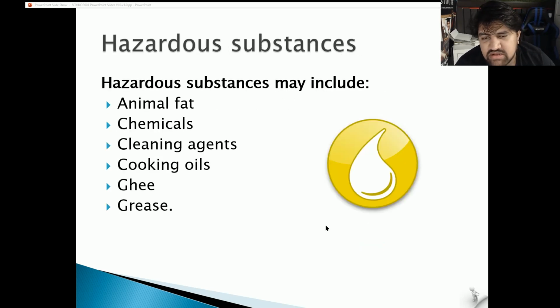Hazardous substances may include animal fat, chemicals, cleaning agents, cooking oils, ghee, grease. You've also got flammable items. You could also have food waste that has odors, if you're in a heavily populated area, around a suburb, you don't want to have that around people. So